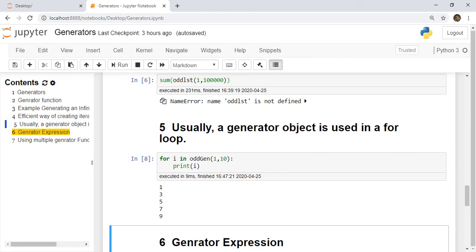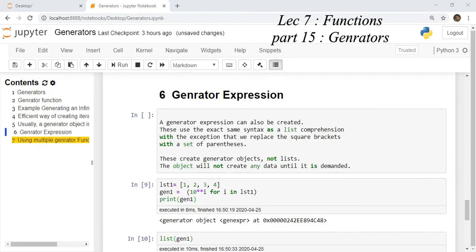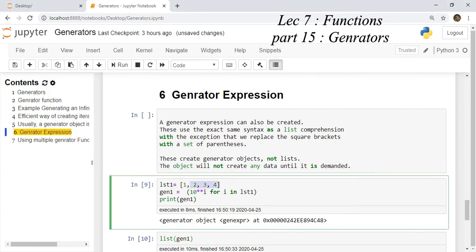Similar to list comprehension, you can create a generator expression, which is a generator comprehension. For example, here in this case you have a list which has 4 values 1, 2, 3, 4 stored in list1. If you want to create a generator object using generator comprehension, what you have to do?